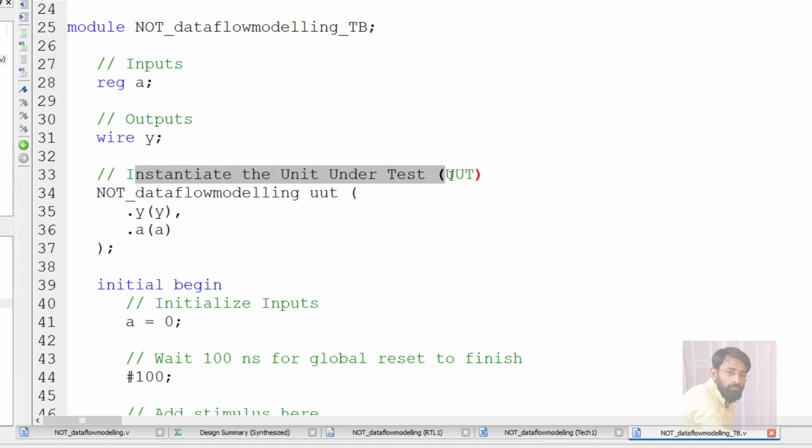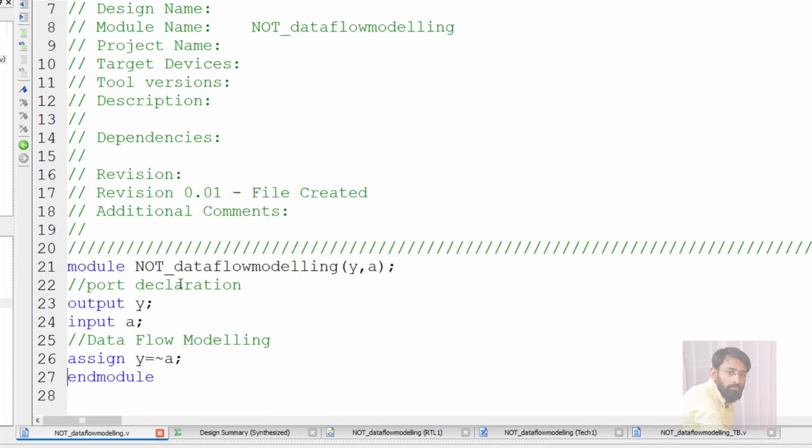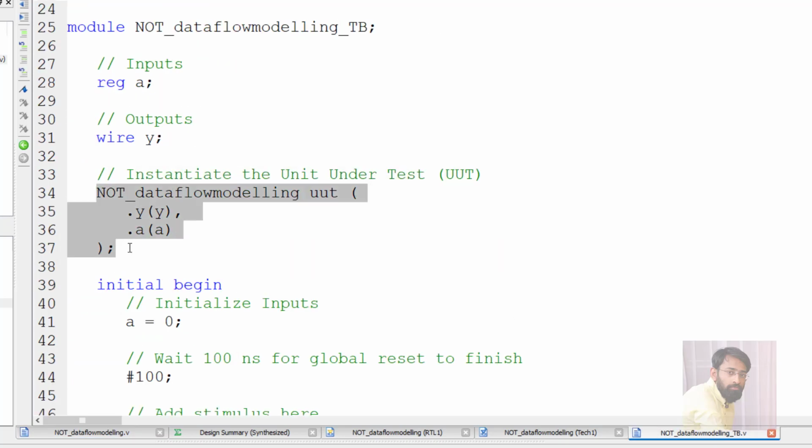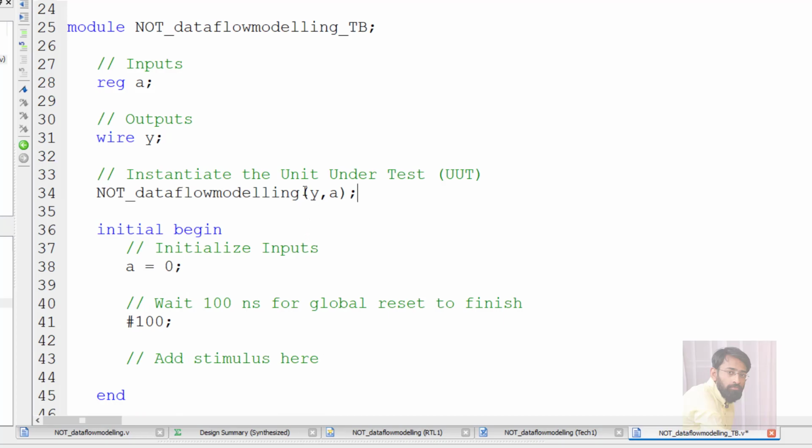Next we have to instantiate the unit under test, meaning the particular module I am writing the code for. I am writing the code for NOT in data flow modeling, so I go back to the source code, copy this first line and place it here. This is called the ANSI style of declaring. You can use this one also, or else directly replace it with the code that you have written in the source code. The name that I am giving is